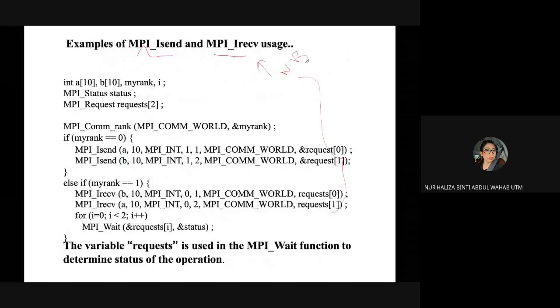You can have this as a rank and you can do it in parallel. The variable request is used in the MPI wait function to determine the status of operations. So this one is under MPI wait. You're going to see the status of your operation, what is happening at that time.